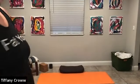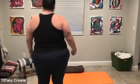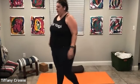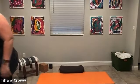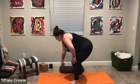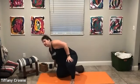So as we check into our bodies here, we find a seated position and just wiggle and check in. Wiggle the toes, wiggle the muscles in your legs. See where you're holding any tension. You might feel zero tension, and then you get to a spot and you're like, whoa, what's that? So as we sit here and close our eyes and tap into the breath,